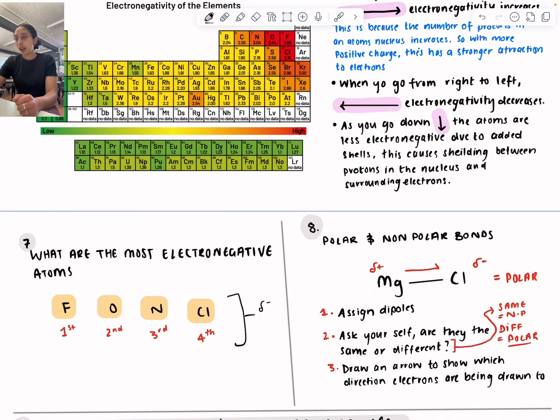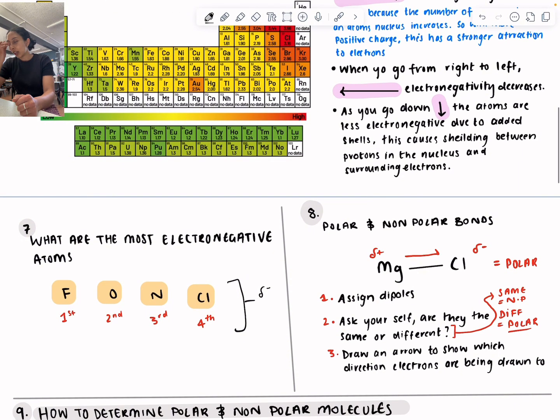And so here we are. Let's look at some non-polar and polar bonds. In this example, I've given a polar bond as an example. And so we've got magnesium and we've got chlorine. Magnesium has a positive dipole and chlorine has a negative dipole. And the reason why is because we can see that chlorine is in our list of the most electronegative atoms,